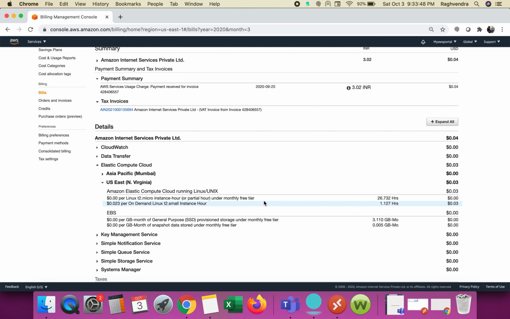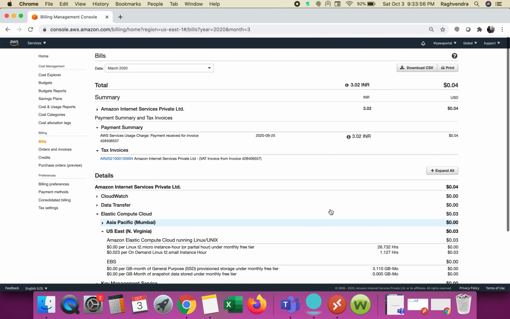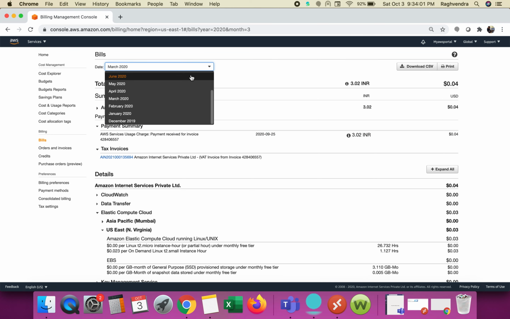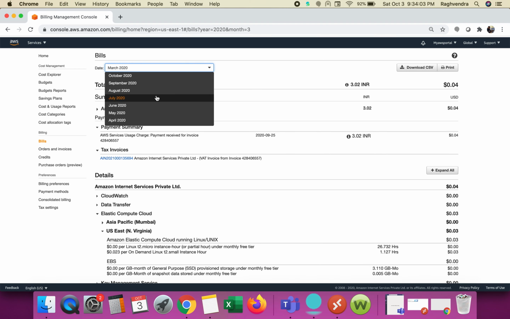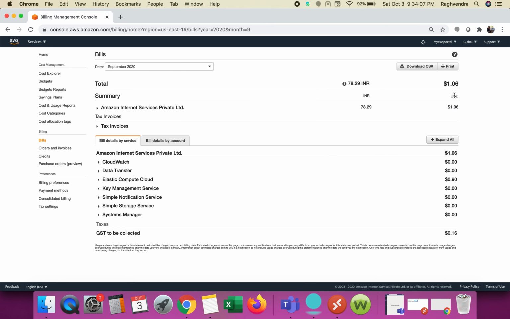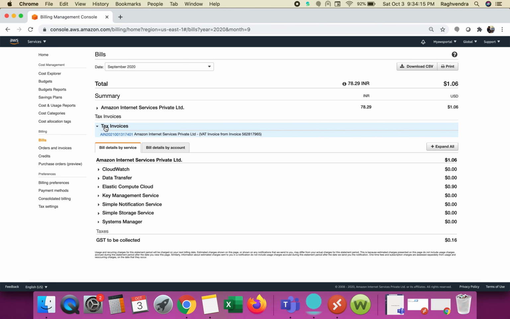This is for a Linux T2 small instance and general purpose SSD storage. This is for March. I will show you the last month, September. Here you can see it is showing $1. So the payment is pending, I think.